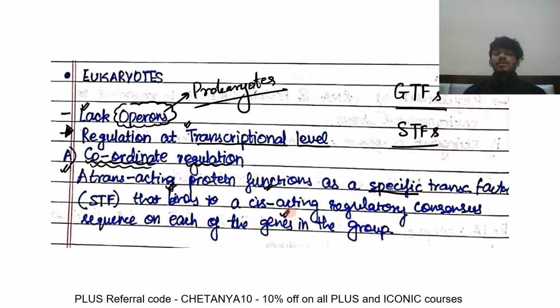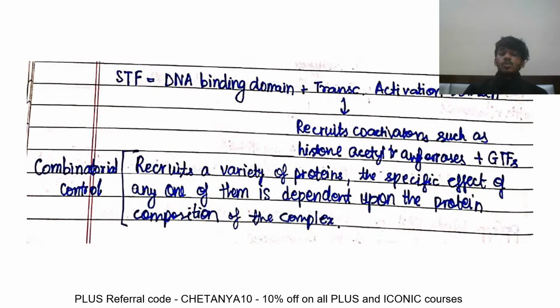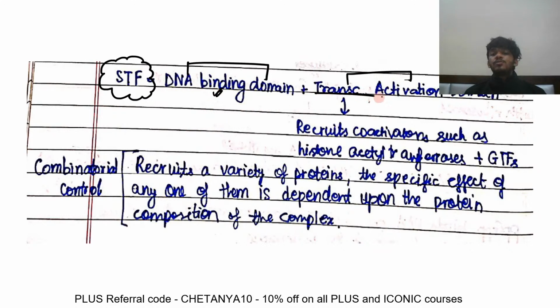They will bind to a cis-acting regulatory consensus sequence on each of the genes in the group. Okay. So what is going to be there is a specific transcription factor that will have a DNA binding domain and a transcription activation domain. So the DNA binding domain will go and bind to the DNA, and the transcription activation domain will recruit